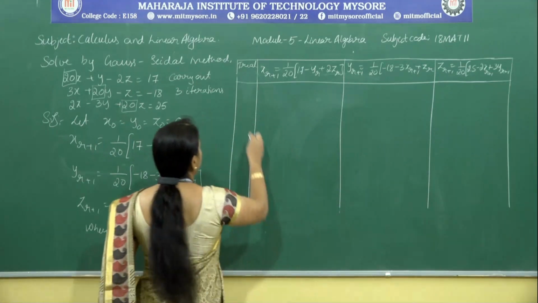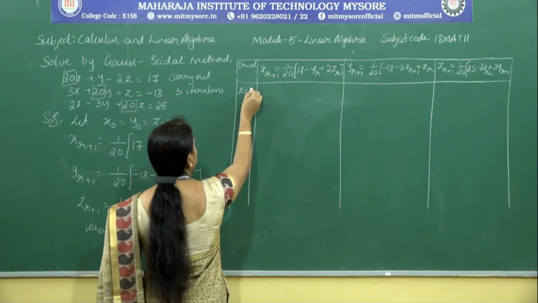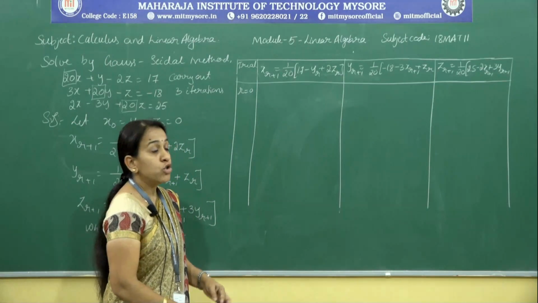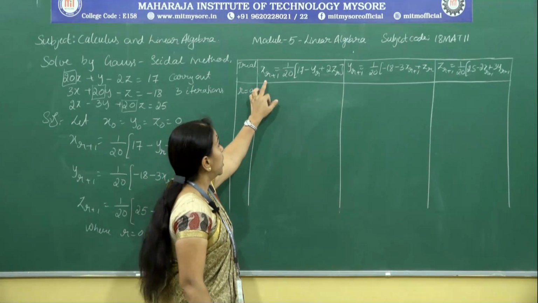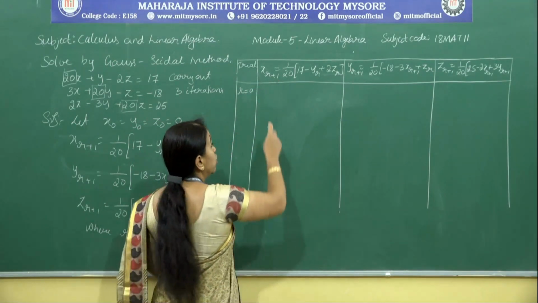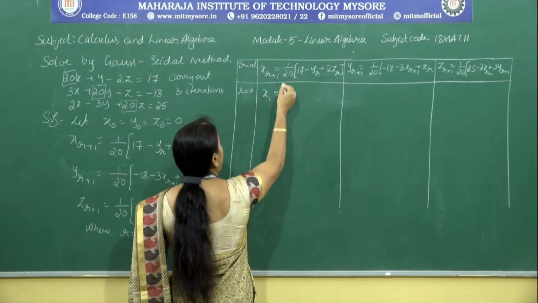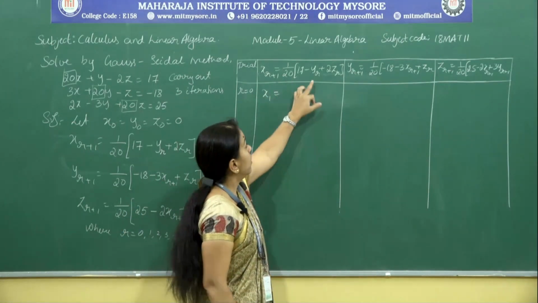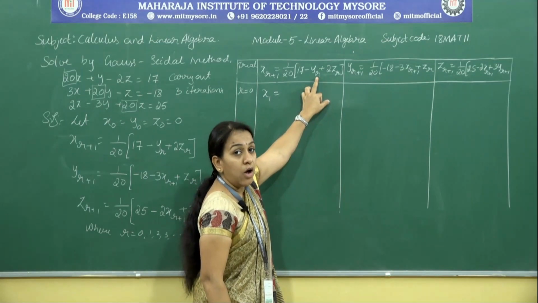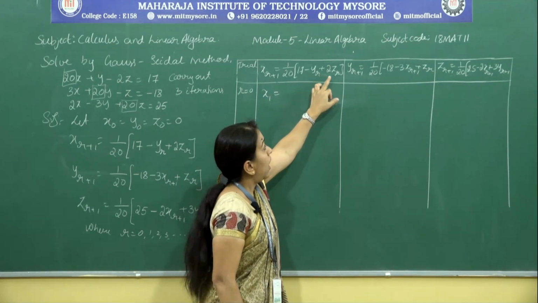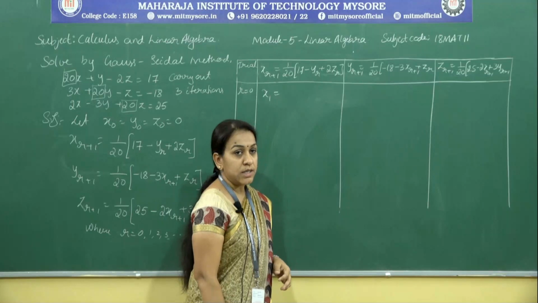If I put r equal to 0 in the first trial, I will get the x1 value, because 0 plus 1 is 1. And if I substitute y0 and z0 as 0,